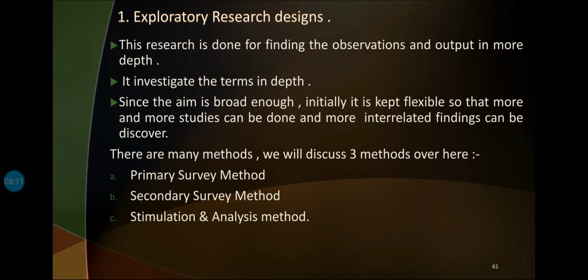Primary survey method is basically related to one-to-one conduction of survey. It means that the sample is considered by the relationship between the respondent and the researcher. In primary survey method, one conducts the survey, maybe related to, if we take some example, the feedback of some product. That is a part of primary survey. Taking the interview of an individual is a part of primary survey. Gathering the information, going to the office and conducting the checklist, carrying out the work related to a particular project by being part of it is again a part of primary survey.